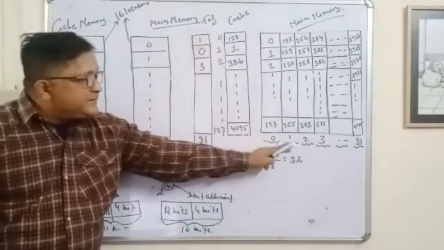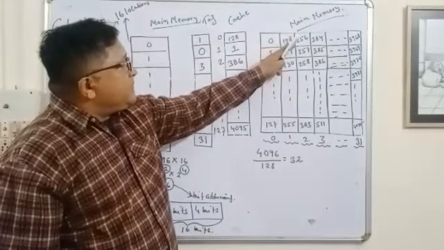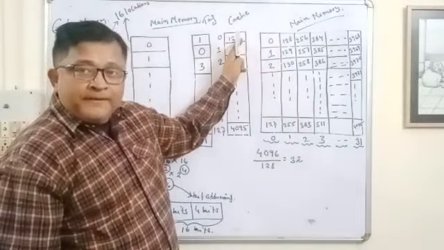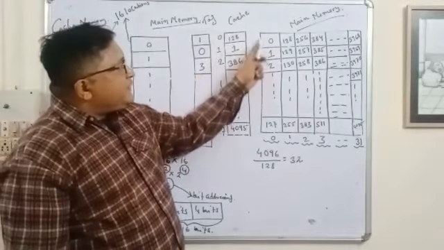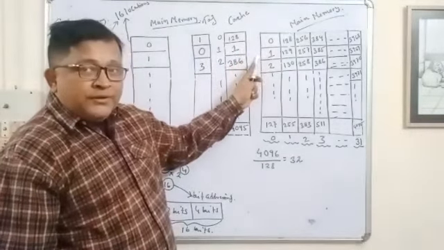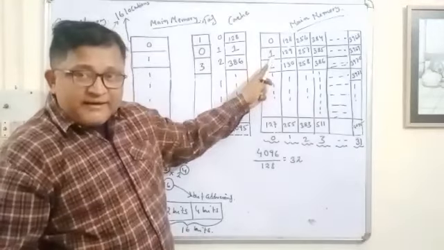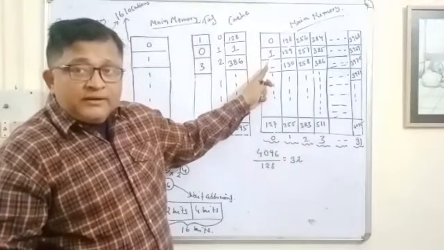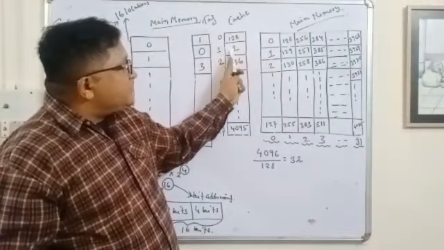So the tag number represents the block number from where a page is taken from the main memory and loaded into the cache memory. Now see, for the second one, 1 is taken from the second row, that is the 1th row. 0th row, 1th row. So we can say that it should be loaded in frame number 1 of the cache memory. So it is loaded in frame number 1 in the cache memory.